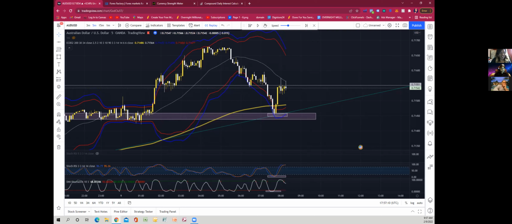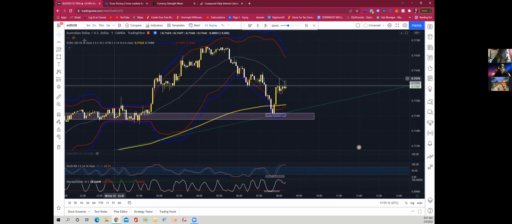Look at that. But it's kind of consolidating right here. But this is a major zone. Remember when I told you about the zones? The way I find zones is from the bottom of the candle to the bottom of the wick. So this zone right here, that's why it is consolidating inside of it. Okay.